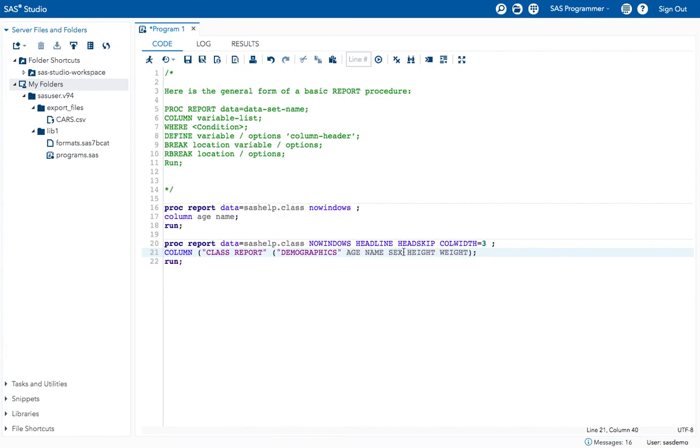Okay, and then close the parenthesis and create another new parenthesis, and in the quotations give measurements. Okay, and close the main parenthesis. Okay, now execute the program.